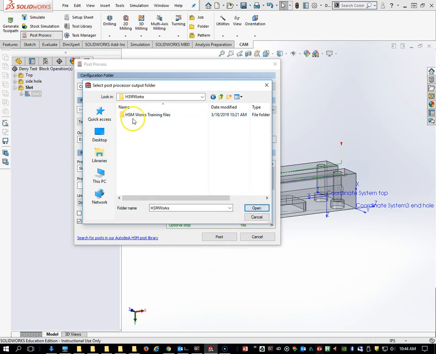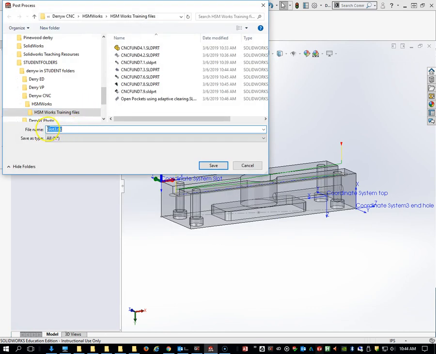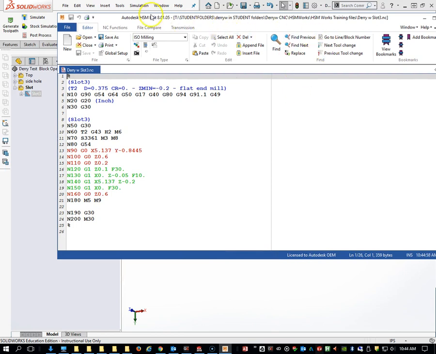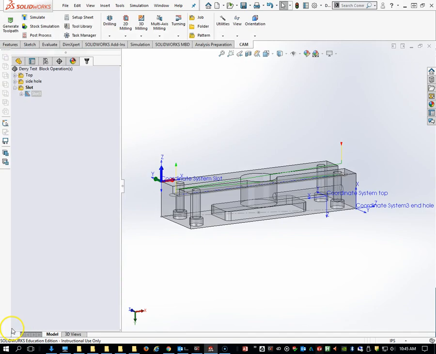And I'm going to call it last name, first initial, slot, hit save, and we're good. Here's our G code. Once that comes up, we can close it out, and we're